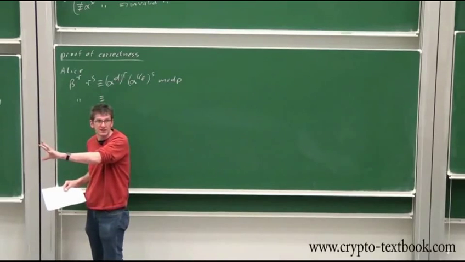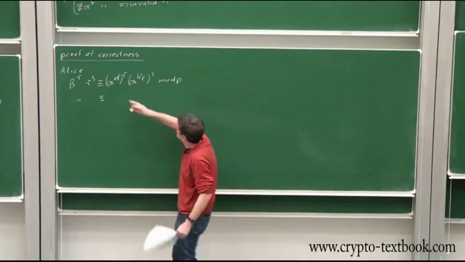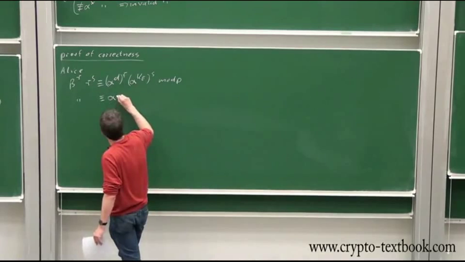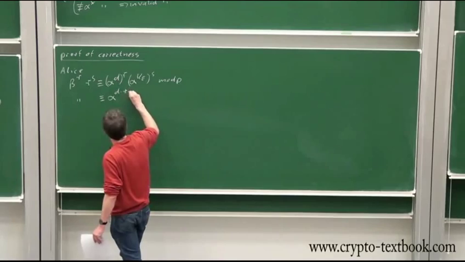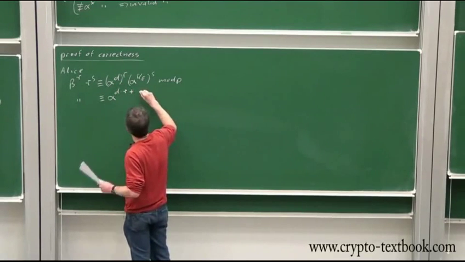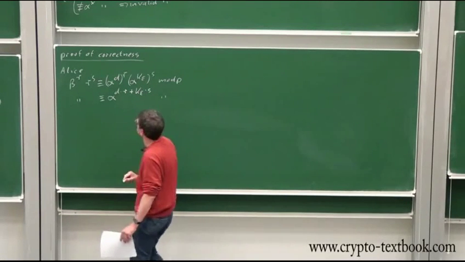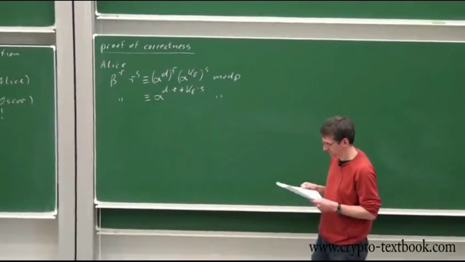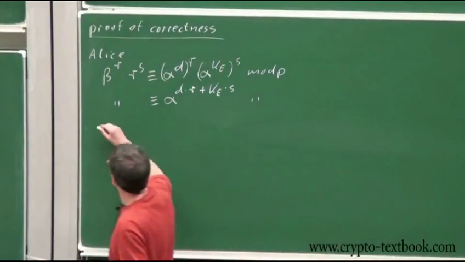Now we go back to 9th grade. This is my son Noah, just doing Exponentialrechnung. This is the same base alpha, so you can put all of that into one exponent to the base alpha. So this becomes d times r plus e times s mod p. Okay. Now a little